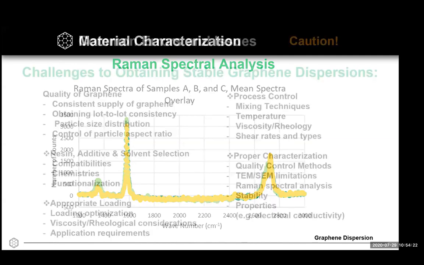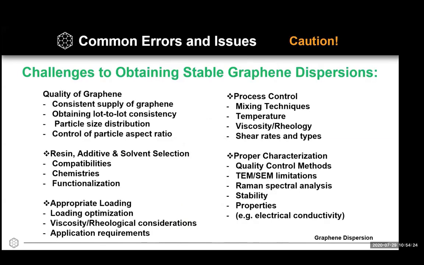So now I'm going to talk about the challenges. What kind of challenges do you have in obtaining a stable graphene dispersion? First of all, I'm going to start with the quality of graphene. You want to make sure you have a very consistent supply source for graphene, without lot to lot variation, because we have seen in experience lot to lot variation in the graphene quality. You also want to make sure of the particle size distribution,